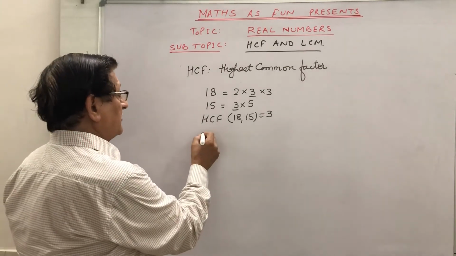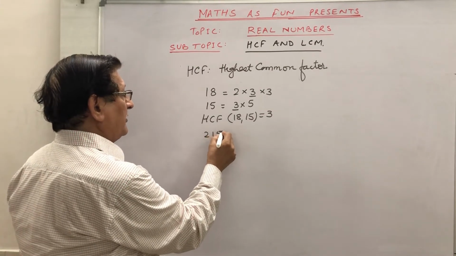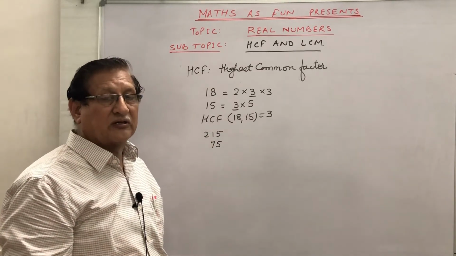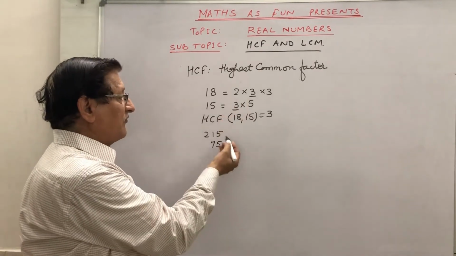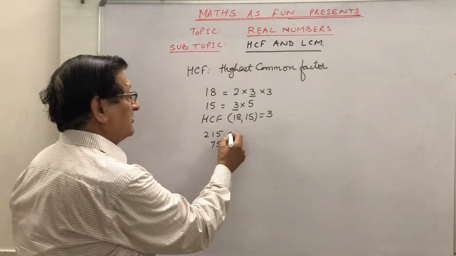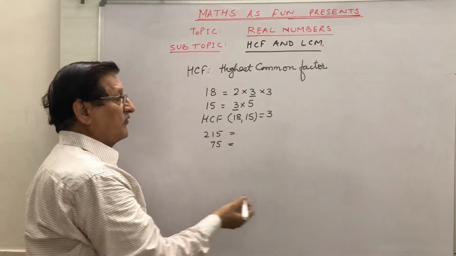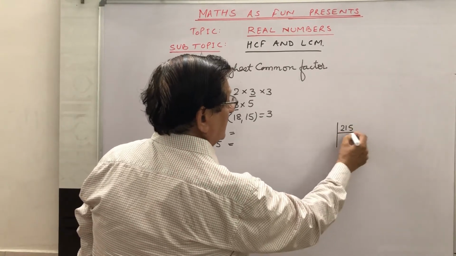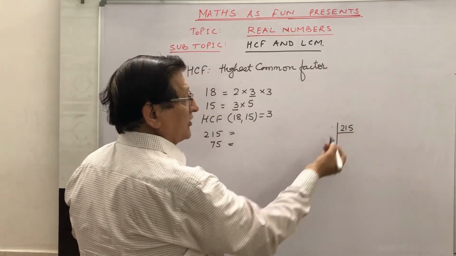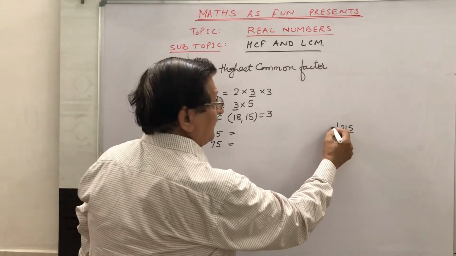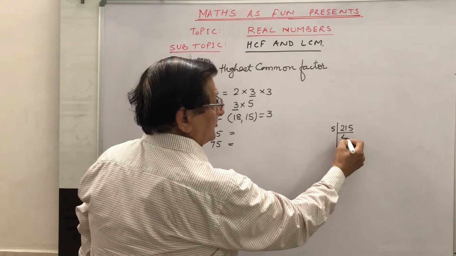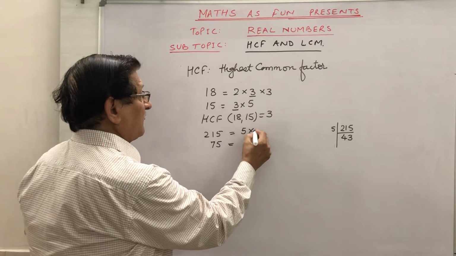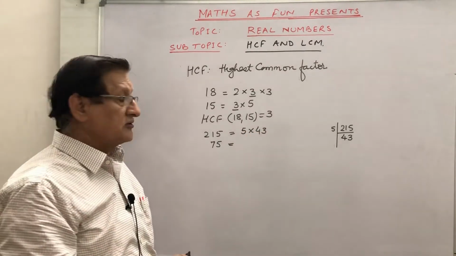Let's take another example. Suppose we have 215 and one number is 75 and we want to find out the HCF of them by factorization method. This, when we are finding the factors, is known as factorization method. See, the factors of 215, in case you are finding it difficult to find the factor directly, we can also do it by this division method. Like we know what is the number going to divide it now, that is 5. So 5 4s are 20 and 5 3s are 15. So the factors of 215, we are finding 5 into 43, these are prime factors.